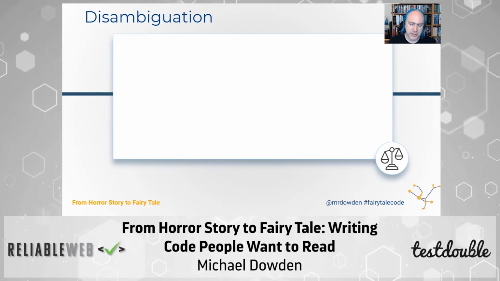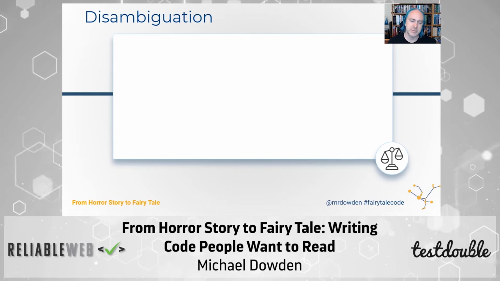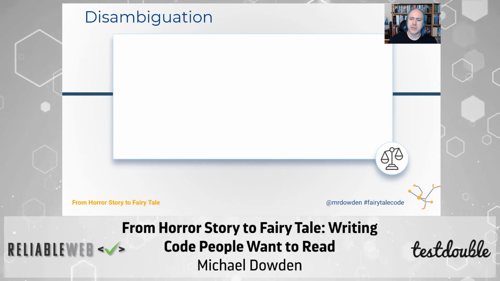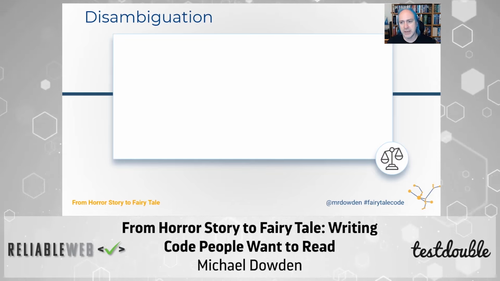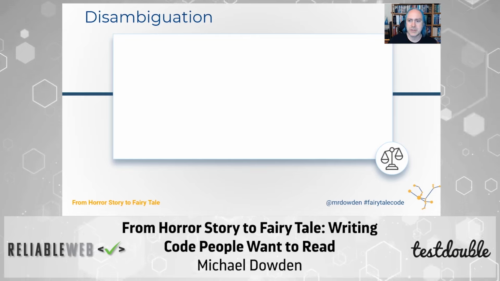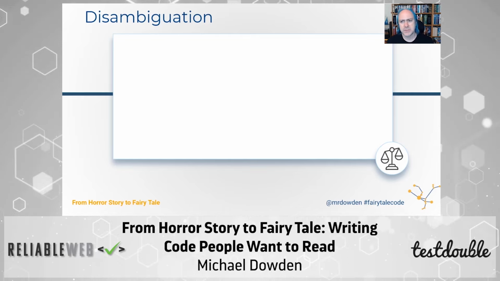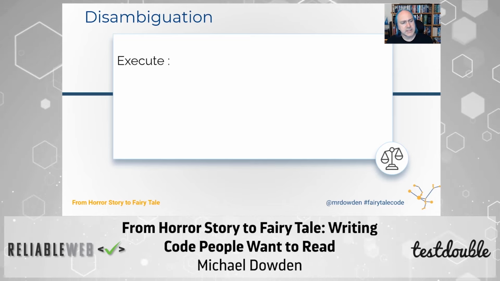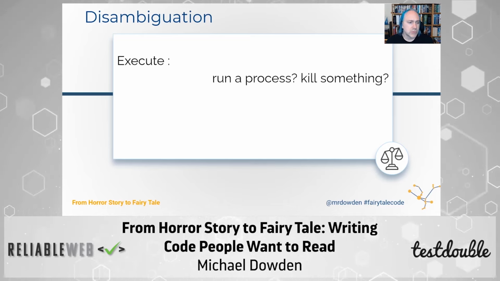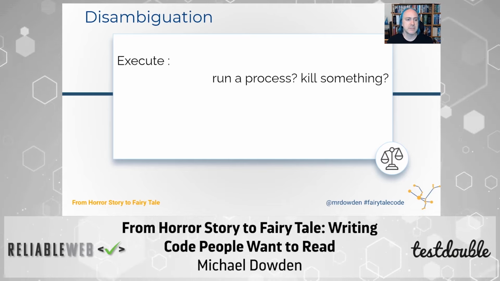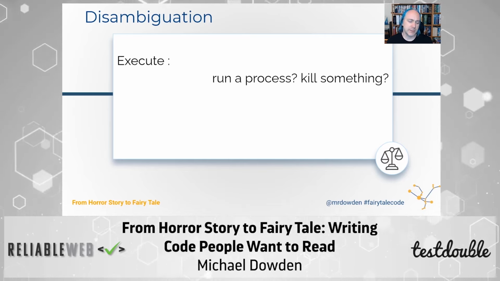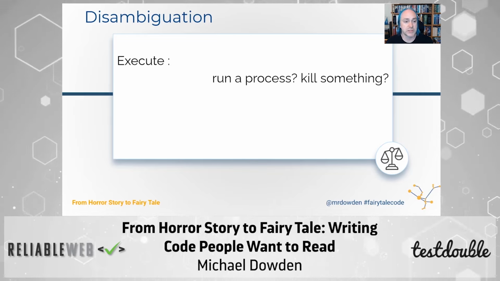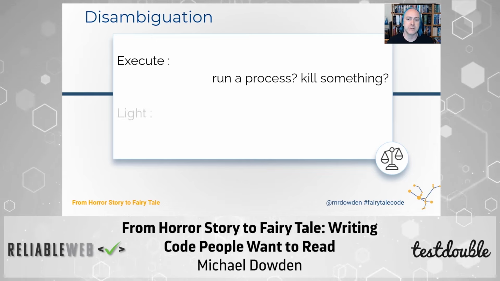It's important when we're writing code to remove that ambiguity. We talked about ambiguity before, so let's talk about disambiguation. And this basically means to make sure that only the intended meaning is the one conveyed. A good name, for example, shouldn't be confusing, and it's entirely possible to have something be correct and accurate while still being ambiguous. So execute, for example, what can execute mean? To run a process or to kill something? There's a few different things it can mean. So we need to make sure that when we're selecting a word, we try to, for example, use the phrase run a process or run or kill as opposed to execute.